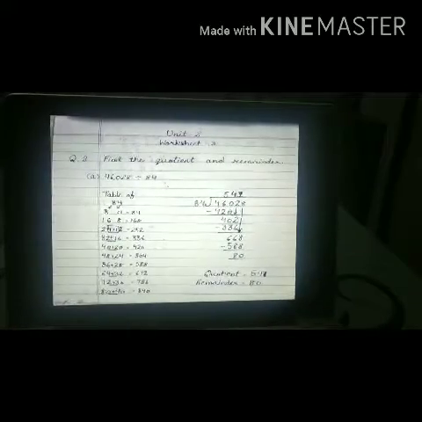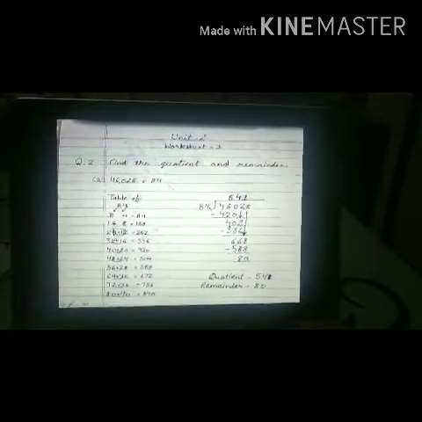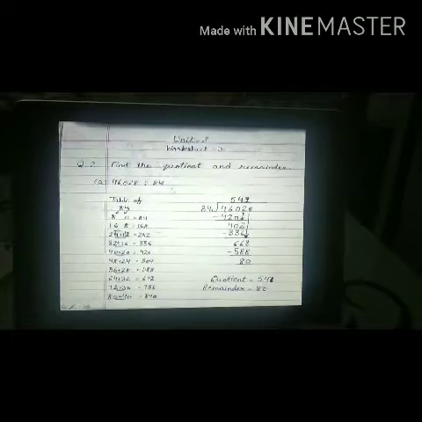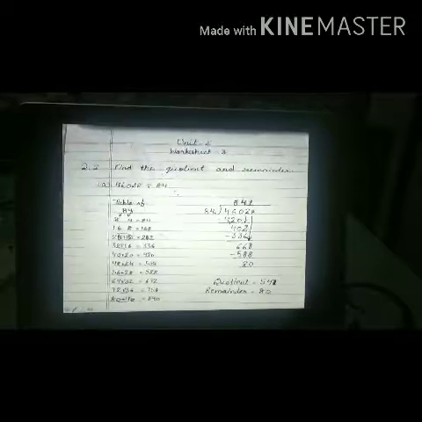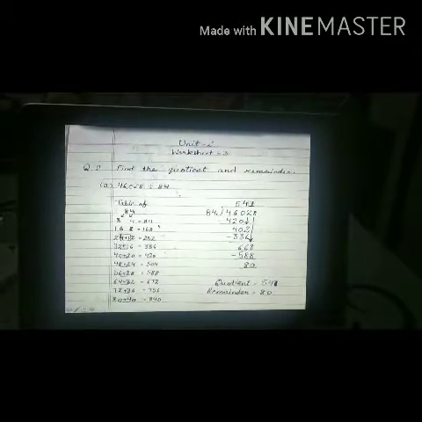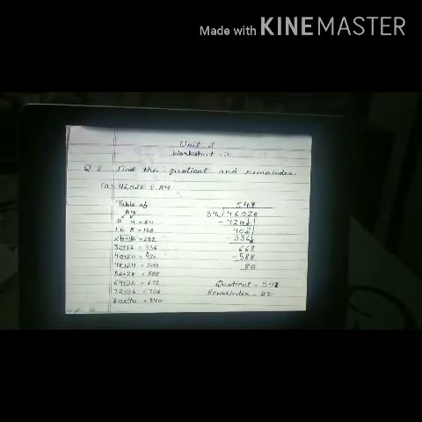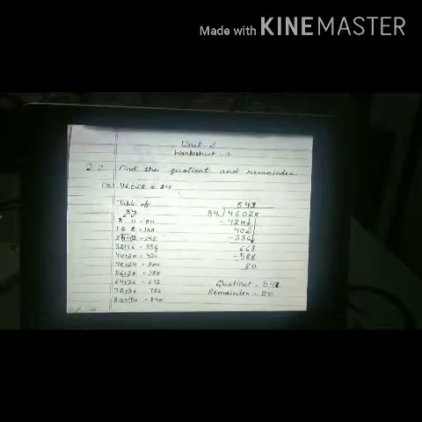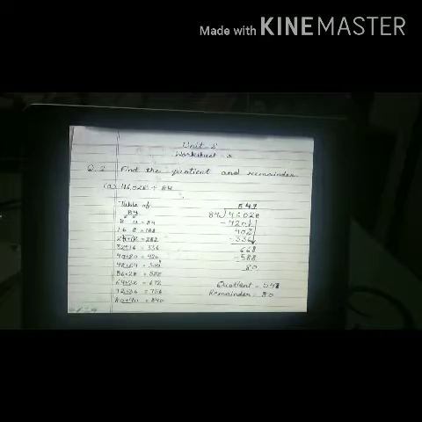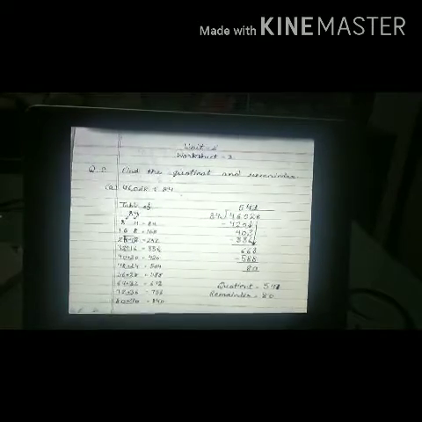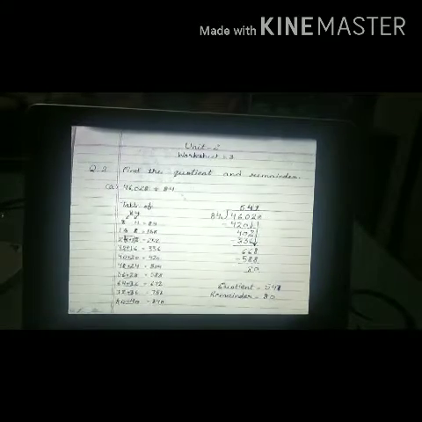Then we subtract: 0 minus 0, 0, 6 minus 2 we get 4. Then the next digit will come down. Then we have to divide 402 by 84. Then we again check the table of 84, and here the number 336 is less than 402 and the next term 420 is greater than 402. So we will divide it by 4. So we write 4 here and 336 here.